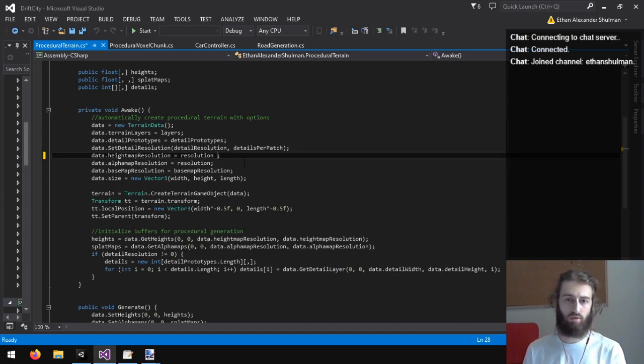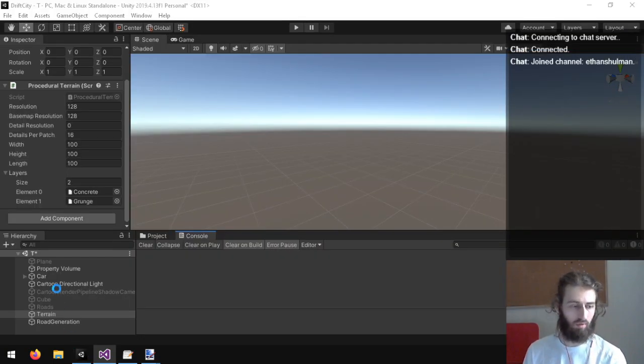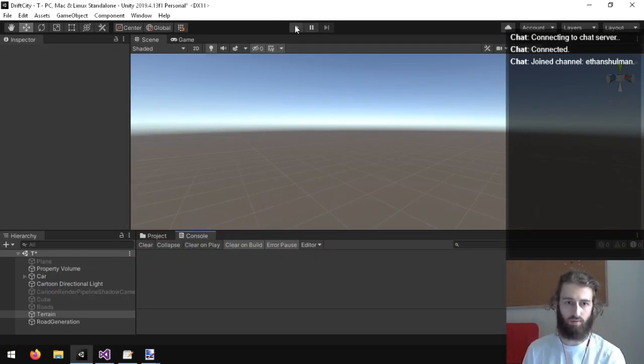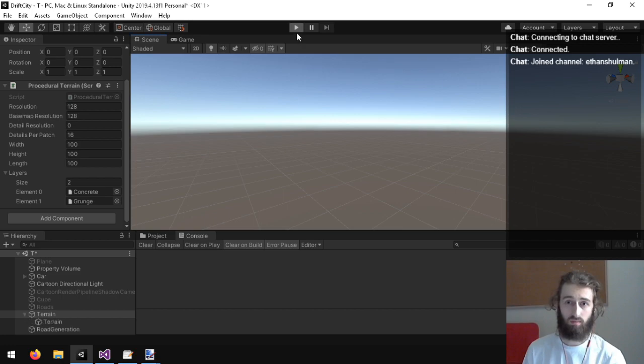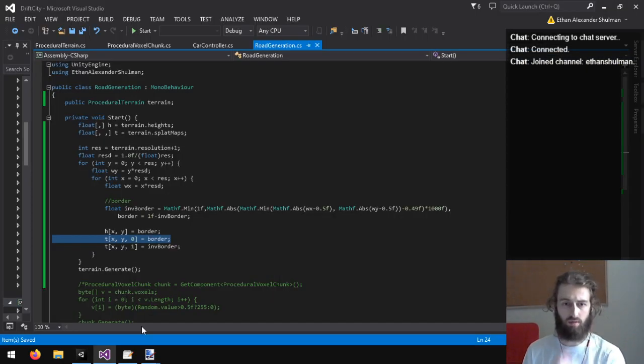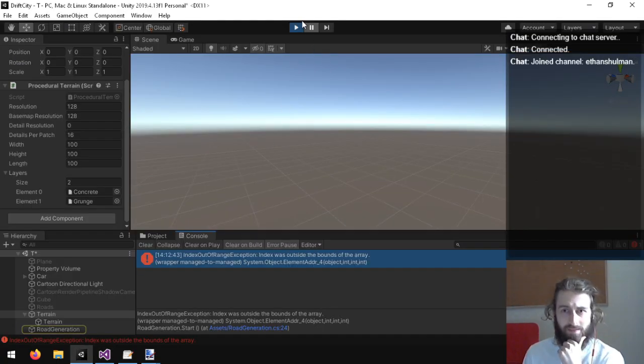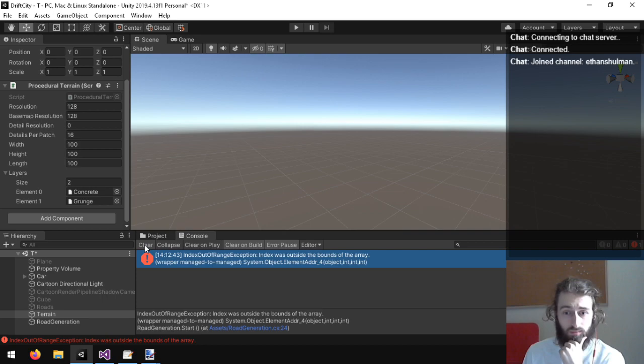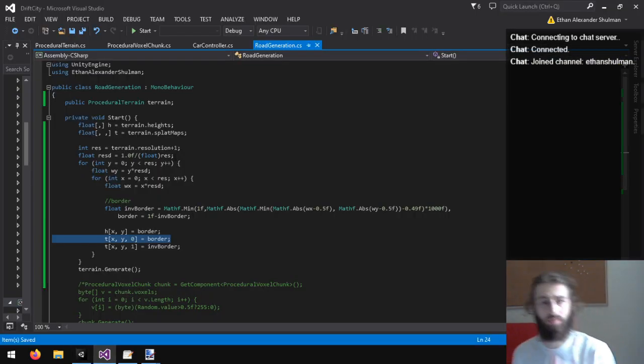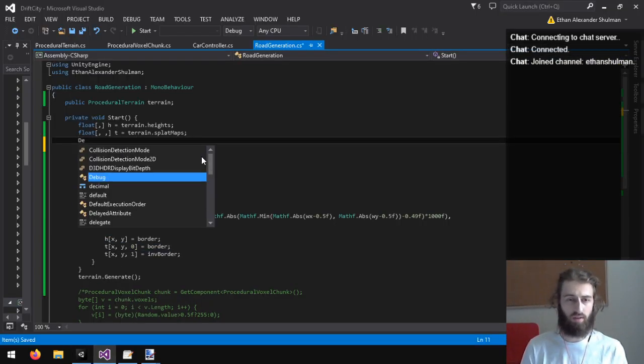I mean, let's just try to add one in resolution. I seem to remember I had to do +1 there for a reason. Index was outside the bounds of the array. So, let's debug this.